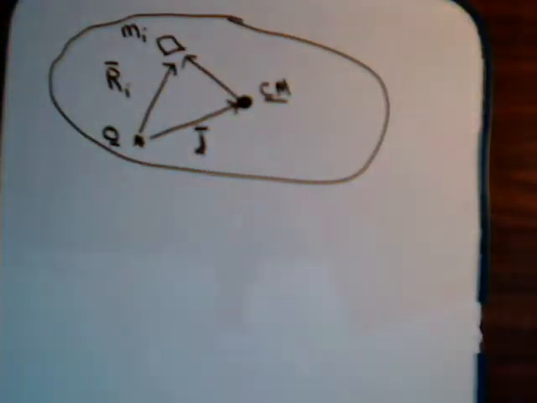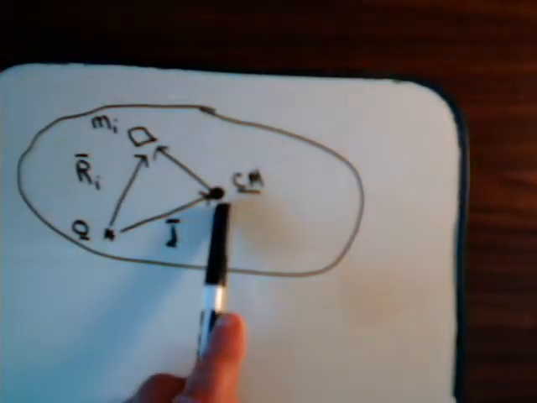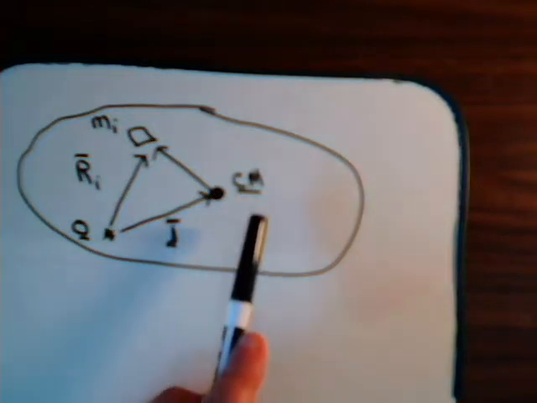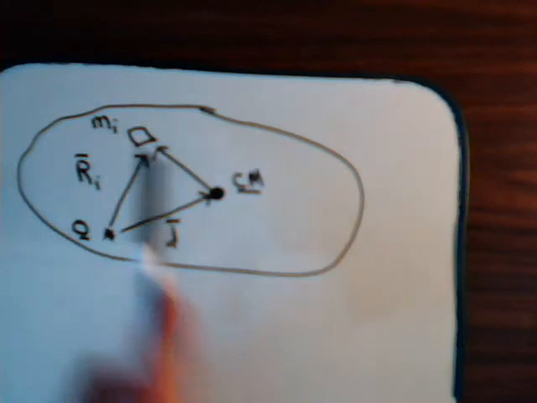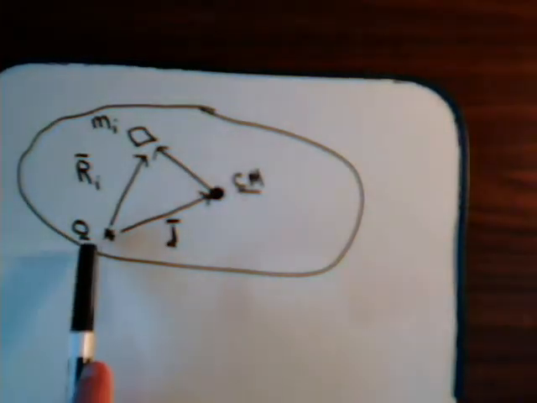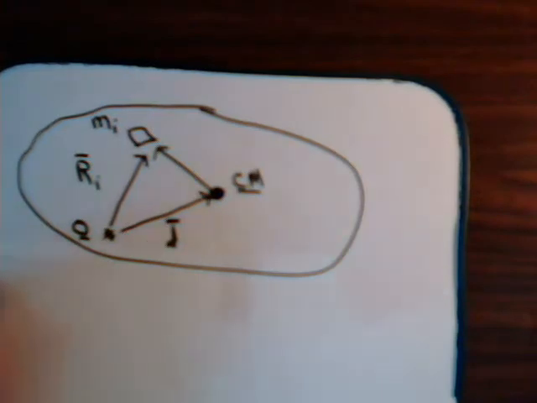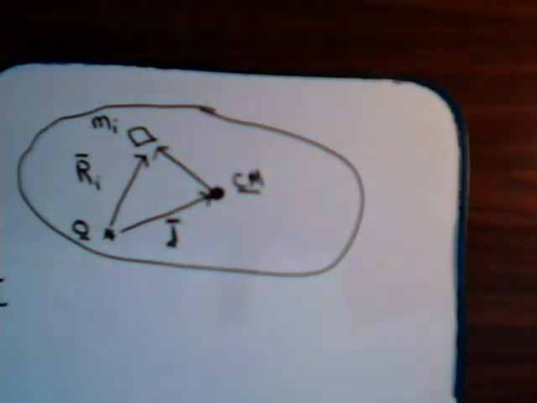Now, here we have an object, and here's its center of mass. It's comprised of a series of particles, say, each designated as mi. And here we have a point O. And let's say that we want to determine the moment of inertia with respect to point O for the entire object. So, by using the definition of moment of inertia, specifically with respect now to point O,